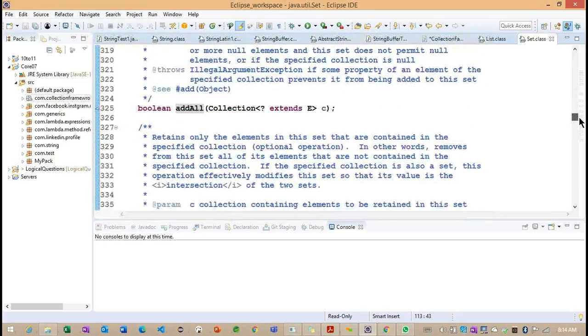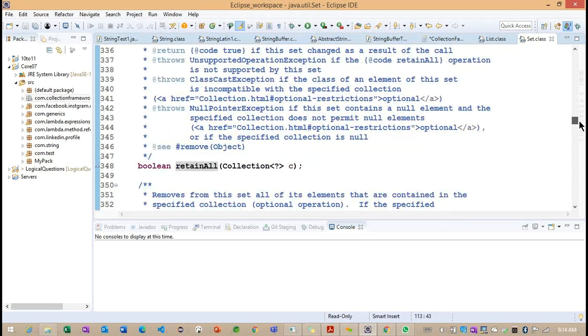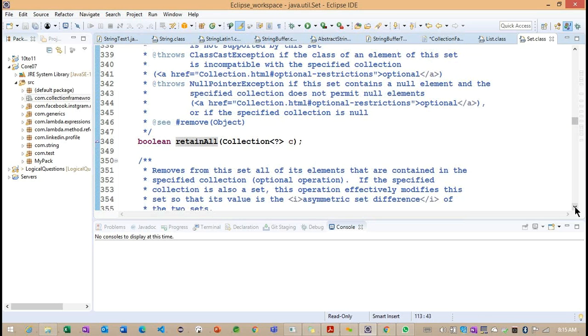So contains all. Basically, this Set interface does not have any method of its own. Whatever methods we are seeing here, all the methods are coming from the Collection interface.